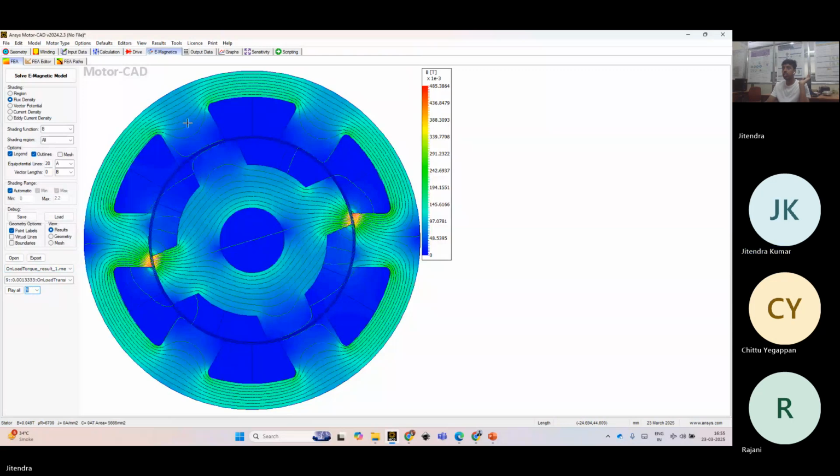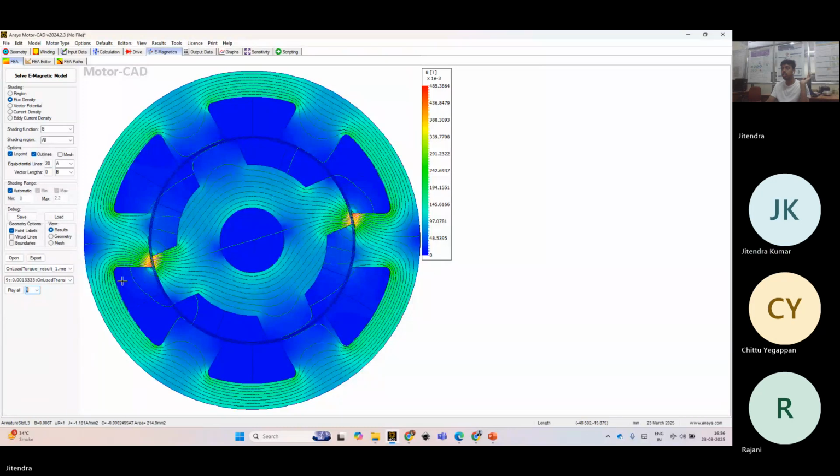So this phase was wound like this. Now this phase is wound like this. And now this phase is getting turned on. This is the second phase. One phase, two phase, three phase. Are you able to visualize it? This is one phase. Yes, sir. Now this is the second phase,